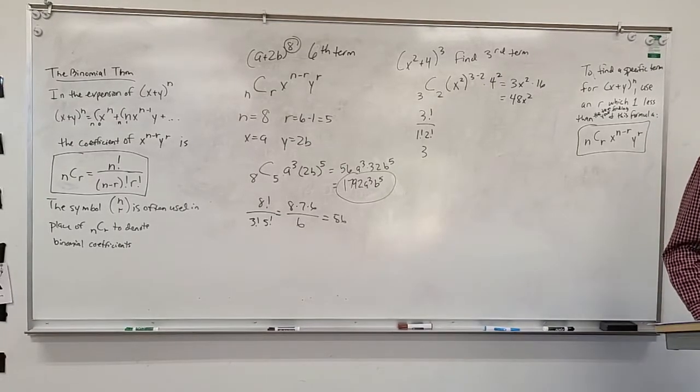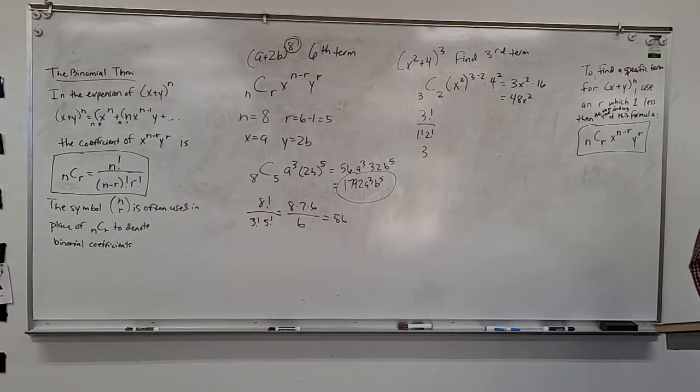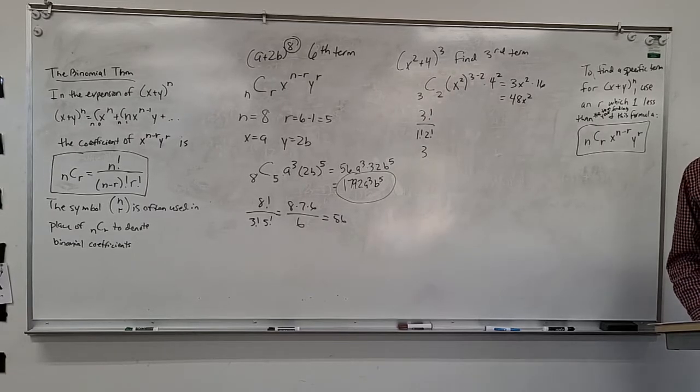But note, if you look in your book at 7b, it's finding the coefficient of the term a6 b5 in the expansion of this. So they don't tell us the 6th or the 7th term. They say the a6 b5 term. Wait, where on 7b? 7b, you guys see that? And so what they're noting is